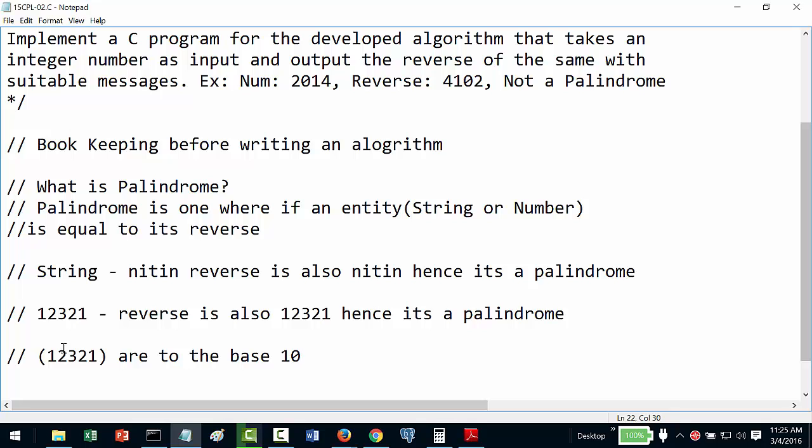Which means this is nothing but a cumulative sum to the base of 10, which are nothing but powers of 10: 1 into 10 to the power of 0, 2 into 10 to the power of 1, 3 into 10 to the power of 2, 2 into 10 to the power of 3, 1 into 10 to the power of 4. If you add up all of that, you will get 1, 2, 3, 2, 1. Again, I will explain to you. This is nothing but 1 into 10 to the power of 0,